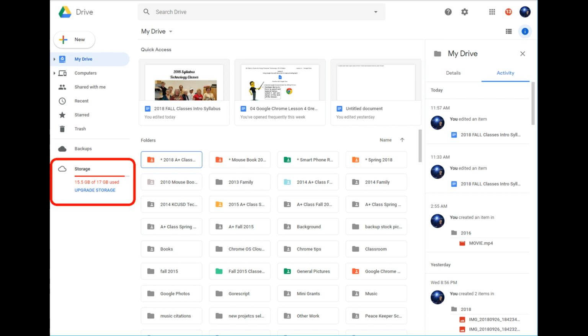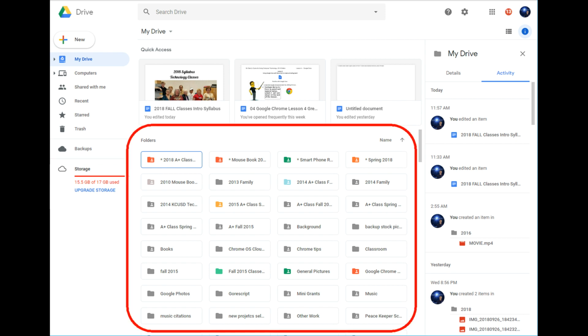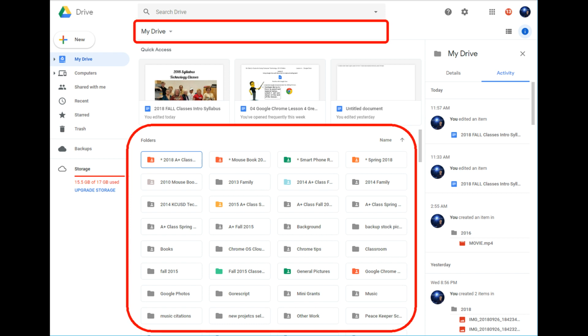This area shows how much space you've used up in your drive. Now you do have unlimited storage for things such as your Google Docs, Google Sheets, and Google Slides. But things that do take up space would be something like your Microsoft Word documents. Central location is the view within the area that you're looking at. So if you're within a folder, you're going to see the files within that folder. In this case, I'm at my main drive, so I'm actually seeing the folders which are stored on my main drive. This is why you want to be aware of which address or location you are in by looking at the top red area where it says My Drive.